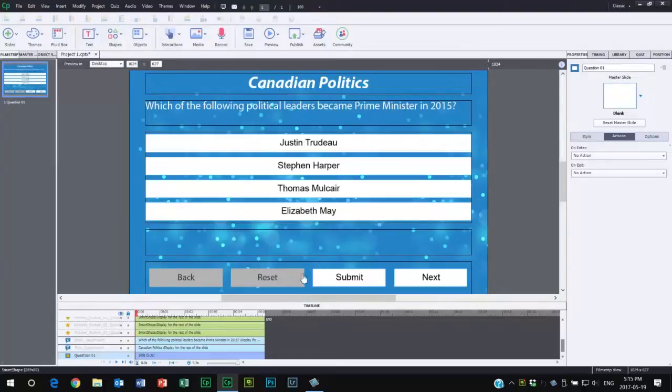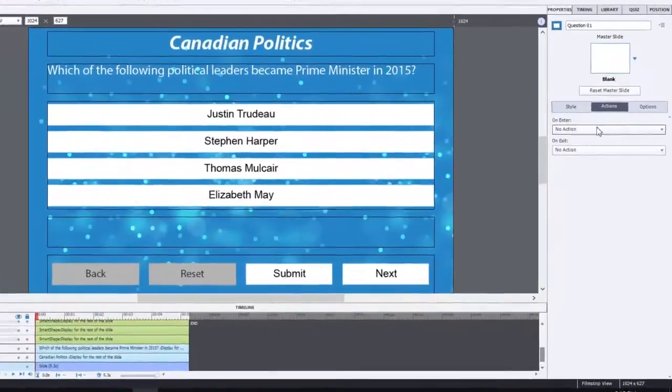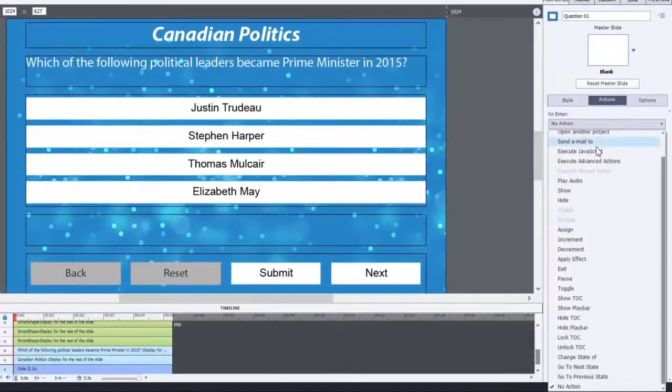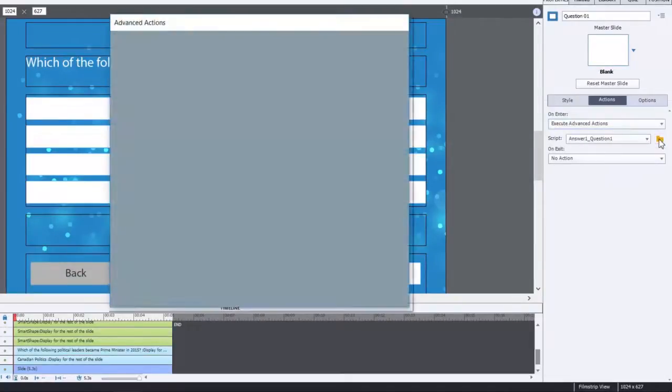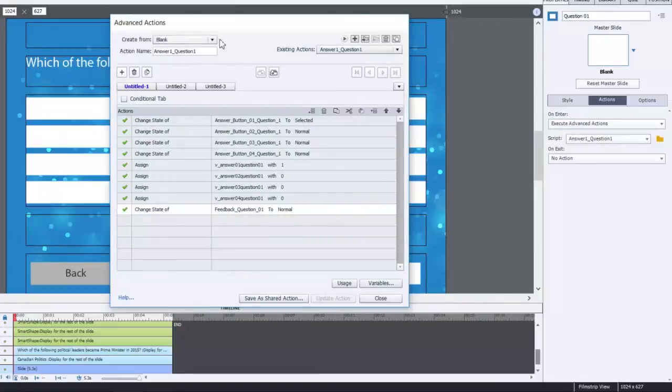I'm going to use it on this reset button that you see here, allowing users to reset the slide if they're already on it. But also, we're going to add it to the on-enter action of the slide. So if, let's say, a user moves forward from the slide and then clicks their back button and returns to it, I want it to reset back to the way it originally was. So we're going to select on enter, execute advanced action, and we're going to create a new advanced action, and we're going to call it